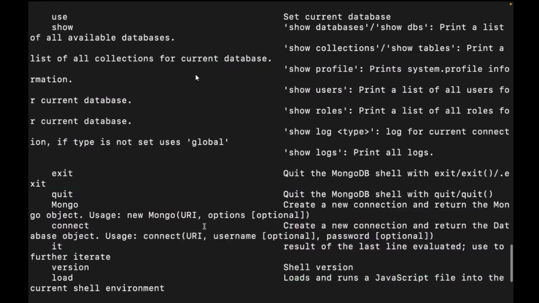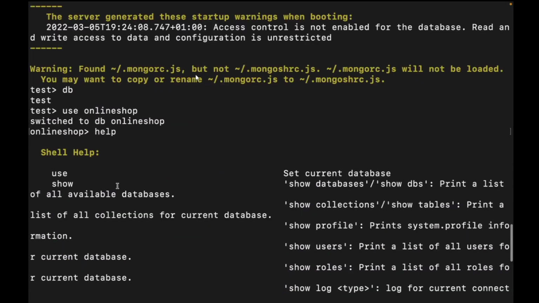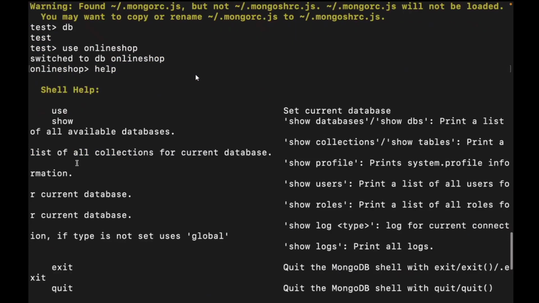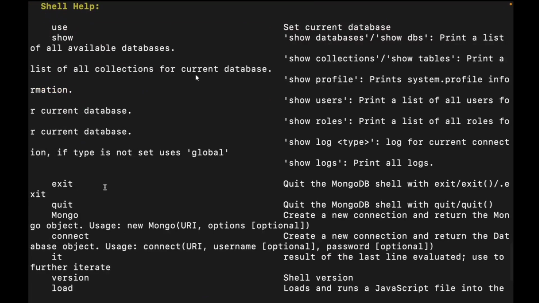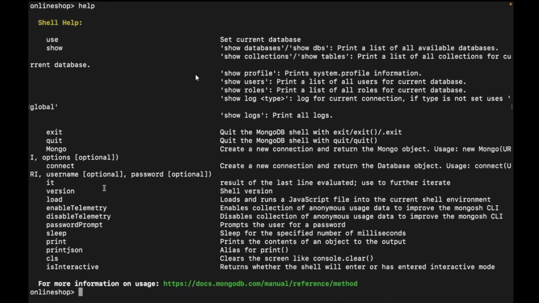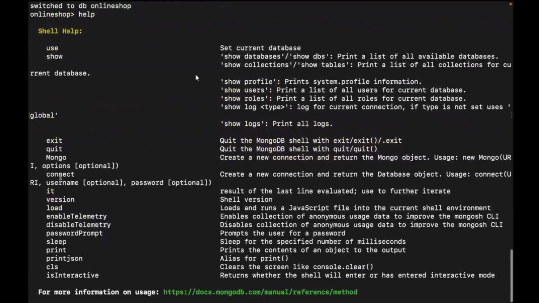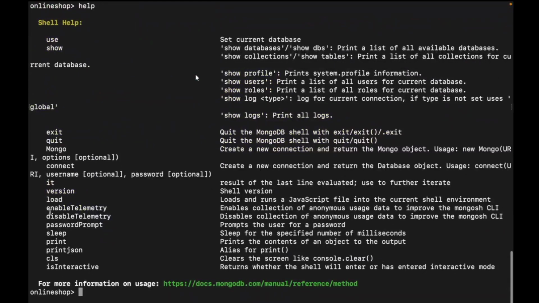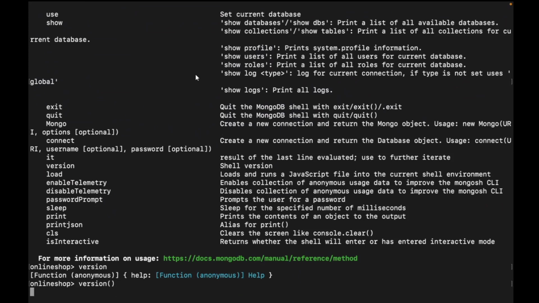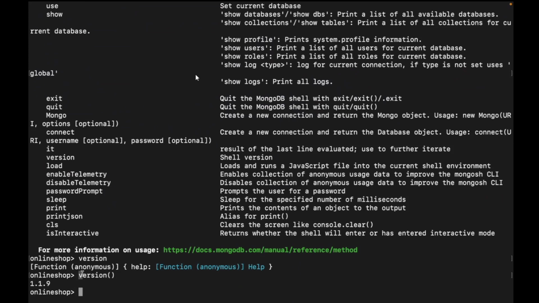By running the help command, you are able to follow through on or understand most of these commands, like the use command, the show command, right? It's looking scattered because of the way I zoomed in. So we have the connect command, we have the version, the load, right? So I believe we can just run version here, and we'll probably get, this is coming out like a function. So maybe it has to look like this exactly. So the version command,